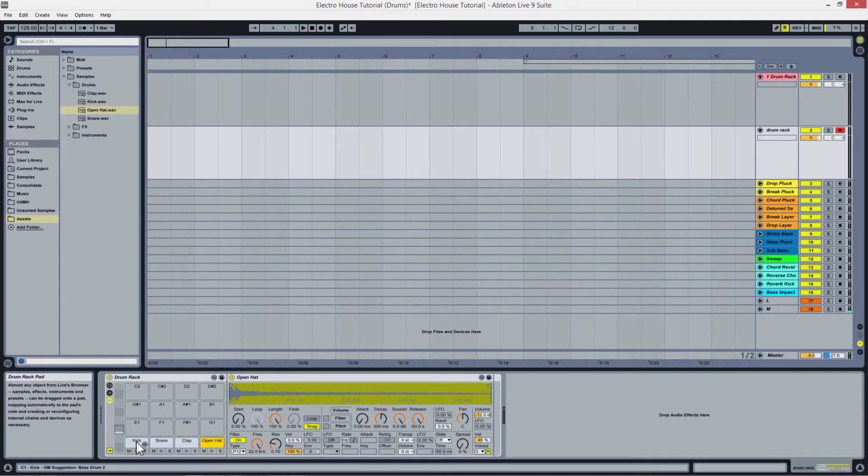Or I can press the corresponding note on my MIDI keyboard in order to play these as well. So kick was tied to the note C1, so if I press C1 on my keyboard, it would play that note. And each of these pads is assigned to a different note. But what we're going to do is create a MIDI clip and then write in a drum